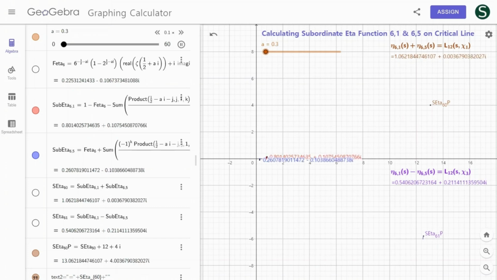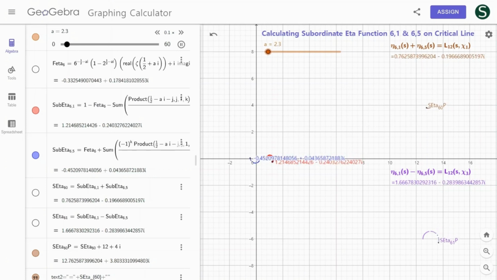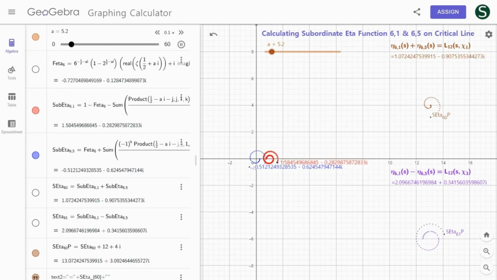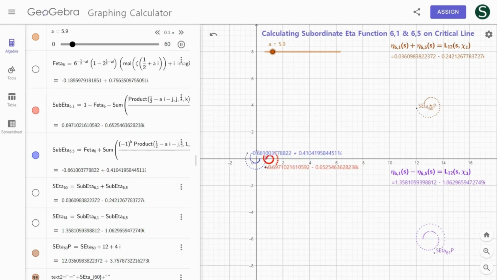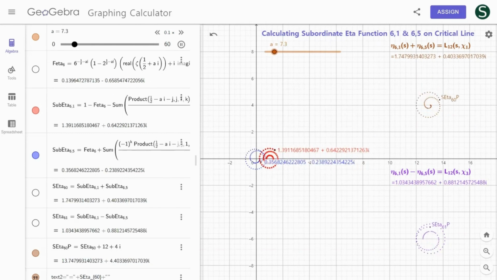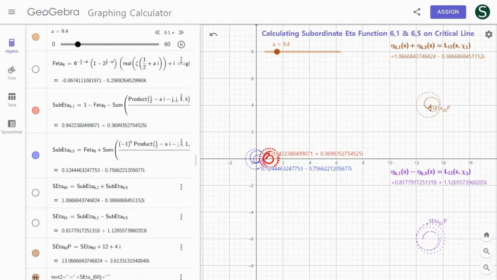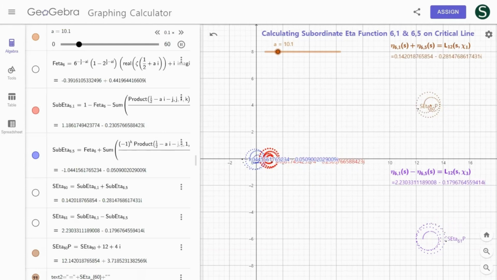In the critical strip, the eta function converges. But the eta function, odd eta function, and subordinate eta function can be obtained from the binomial theorem of the eta function. The subordinate eta functions 6,1 and 6,5 can be represented again as the subordinate zeta function of mod 12. The subordinate eta function 6,1 is equal to the subordinate zeta function 12,1 minus subordinate